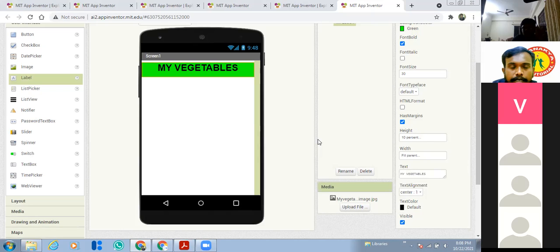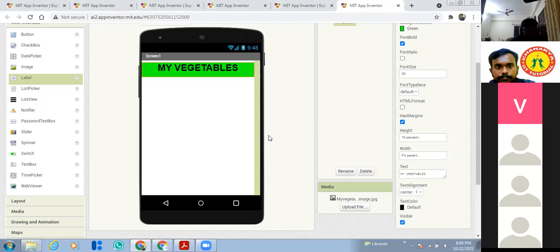And I hope everyone completed your first step, right, students? Yes, sir. Sir, when I'm clicking on text alignment center, the label is not going to the center, sir. It's still to the left. The label is not coming to the center means, did you give the width property as fill parent? Give the width property as fill parent. Check it. Then it will come to center.